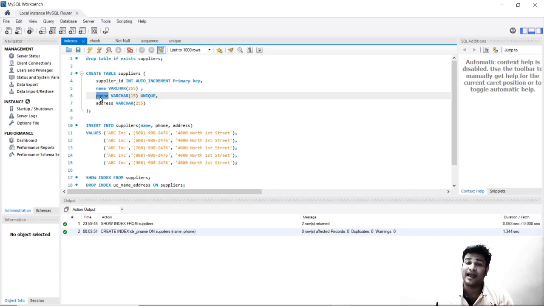So rather than checking all the 1 lakh elements, it will intend to check only 100 records, 100 values. For example, if there are a lakh records, the first check will remove 50,000, the second check will remove again 25,000, the third check will remove 12,500, and in a similar way you can count how many values MySQL will have to check in this situation. So from 1 lakh it reduces itself to such a small number.